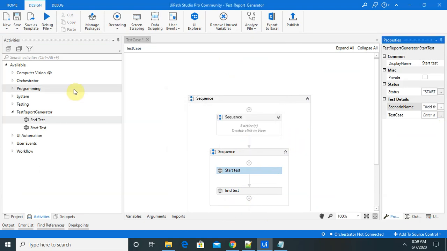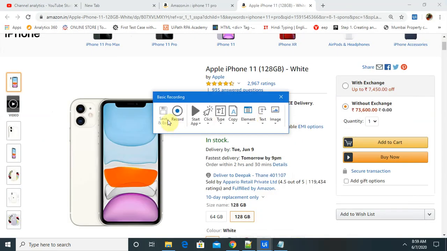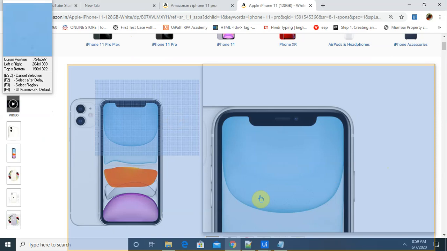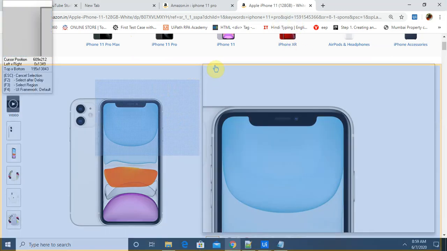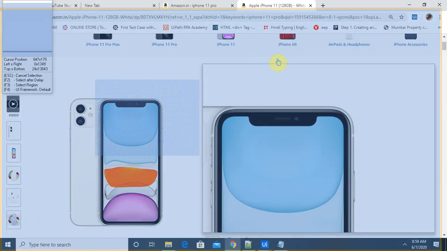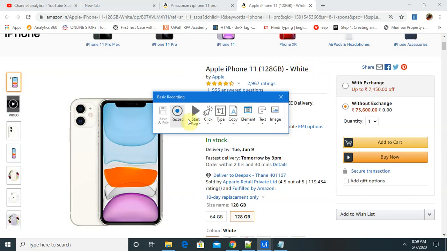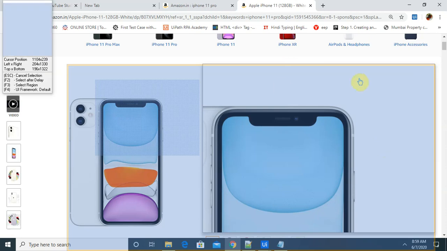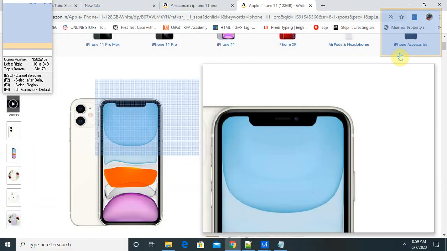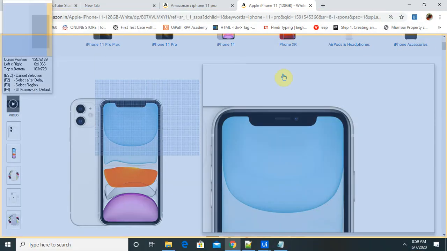So again basic recording, record our screen. Why it's showing? Record, I don't want to use that.